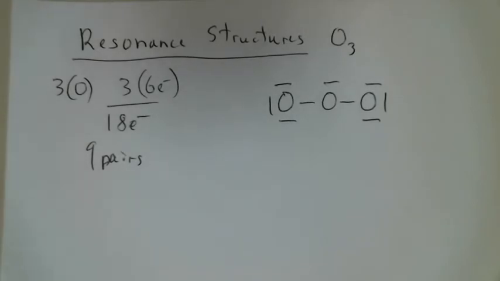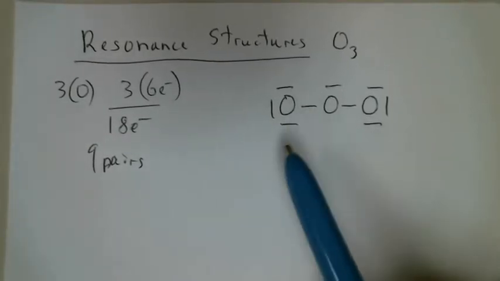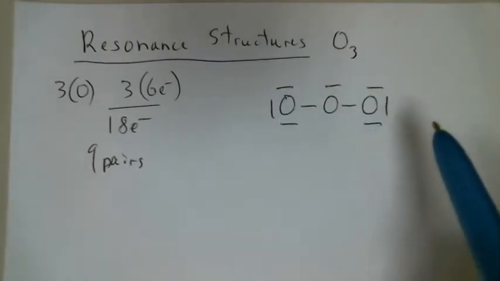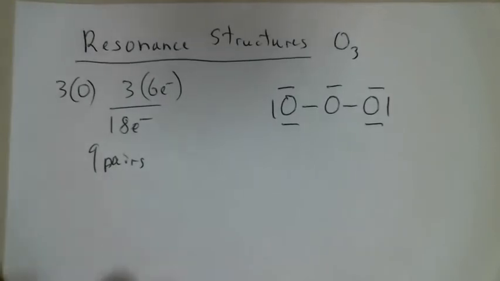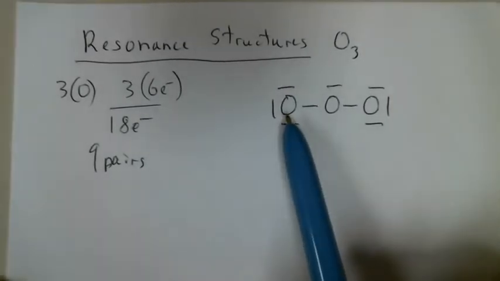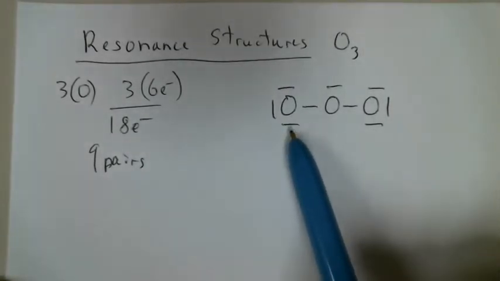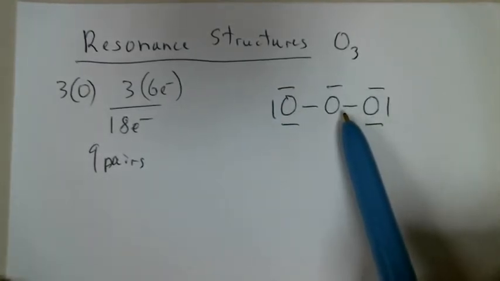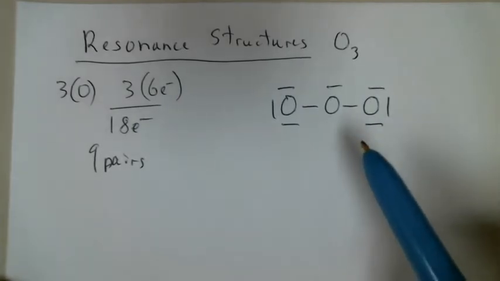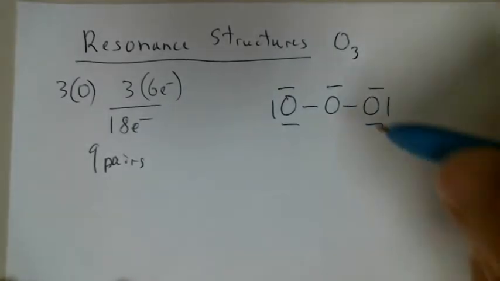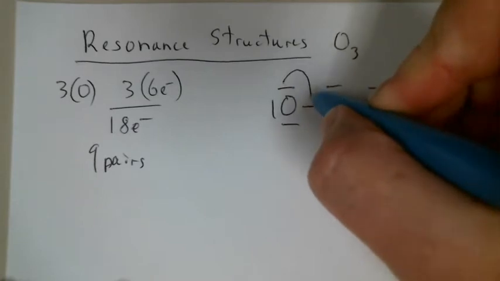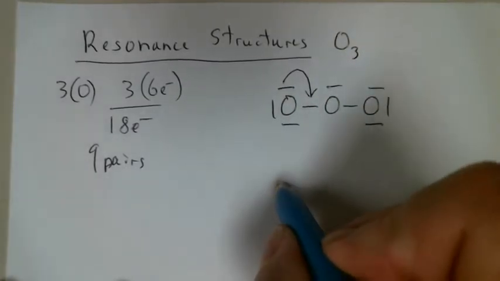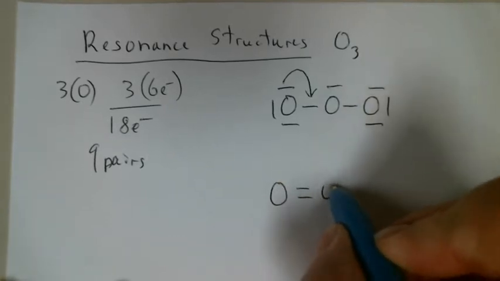All right, so I think we have the right number of valence electrons shown. 1, 2, 3, 4, 5, 6, 7, 8, 9. And now we just check to see if we followed the octet rule. So the oxygen on the left here has 2, 4, 6, 8. So does the one on the right, but the one in the middle just has 6. It doesn't have enough. So what we're going to have to do is share one of these lone pairs into a double bond. So that will give us a double bond here